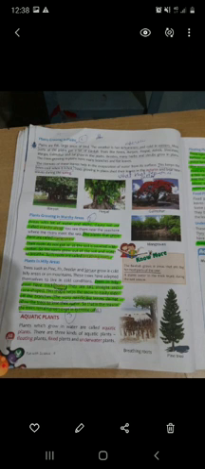Trees in hilly areas have thick bark so that they can protect themselves from the cold environment, and they are tall, straight and cone shaped so that when the snow falls, it can slip off rather than depositing on the body. The waxy needle-like leaves do not allow the trees to lose their water, so that is the reason the trees remain green even in the extreme cold. You can write this answer in your own language also.